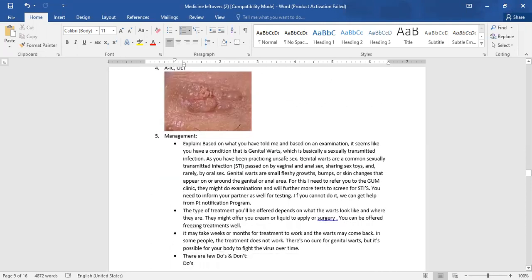Based on what you have told me and based on the examination, it seems like you have a condition called genital warts, which is a sexually transmitted infection. As you have been practicing unsafe sex, people, one thing here you have to learn that